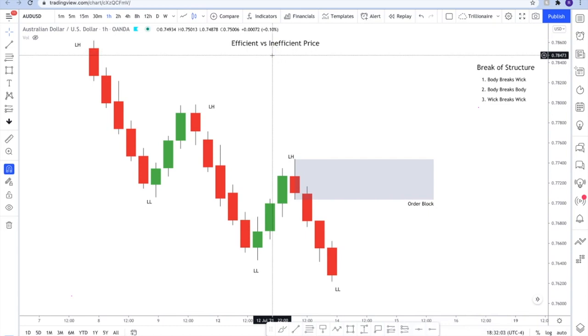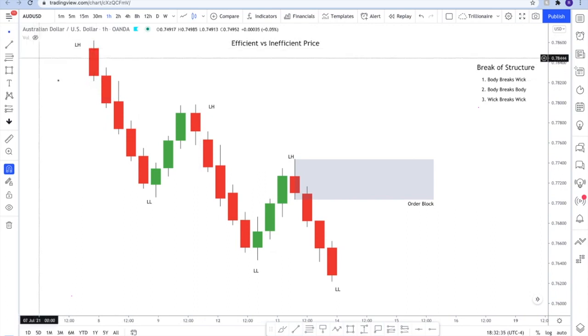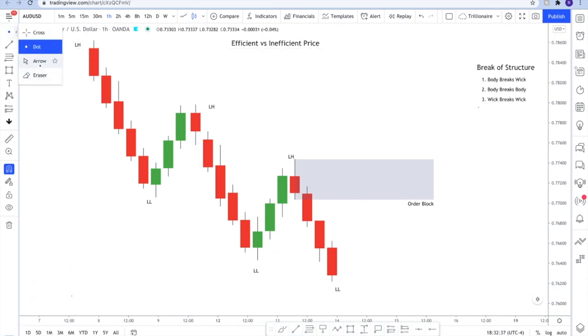Efficient versus inefficient price is going to be found using your wicks. Price has to be 50% buyers, 50% sellers always. If there are times where it's not 50% buyers and 50% sellers, then it means that price is inefficient, which means that price is not balanced, which means that price has to come back and balance itself out one way or another. So what I mean by that is, if we're looking at the highs and lows of these wicks within this area,